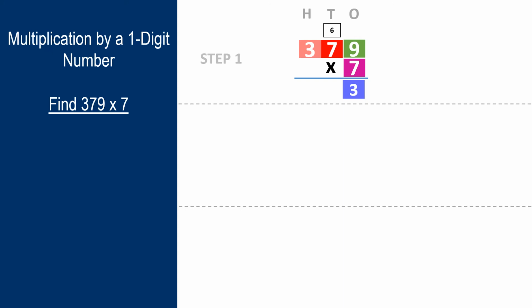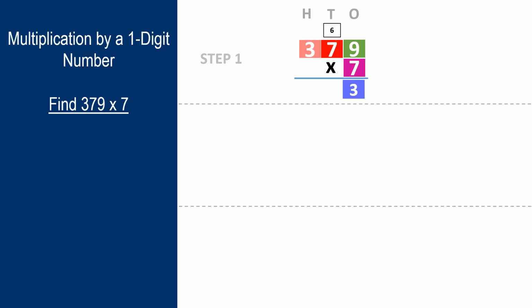Let's start solving it. First, we have to multiply 7 with 9. 7 multiplied by 9. So let's take the table of 7. 7 nines are 63. Very nice. 7 nines are 63. So what we are going to do here? In 63, which digit is there? Which number is there? Ones. And which number is tens? Very good. 3 stands for ones and 6 stands for tens. So we will write this 3 under ones and 6 will be carry over under tens.